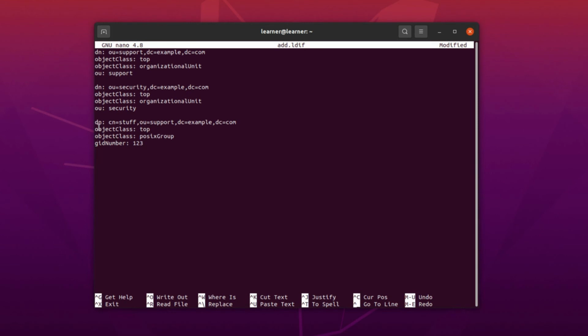One more thing, this is the distinguished name of this group, the common name of the group, the organizational unit, and the domain. And these are the object classes and the group ID number. Now suppose that we want to add a user to this group under this organizational unit. So the distinguished name for the user, the user ID, will be, for example,